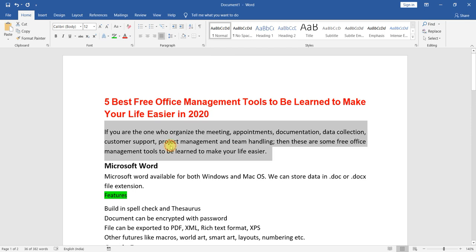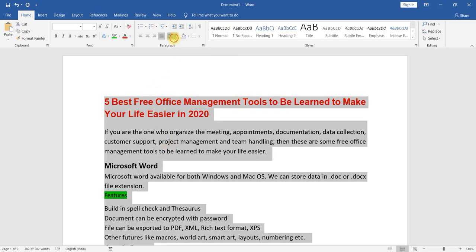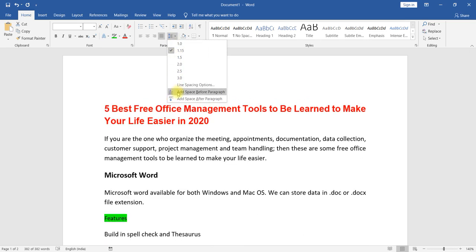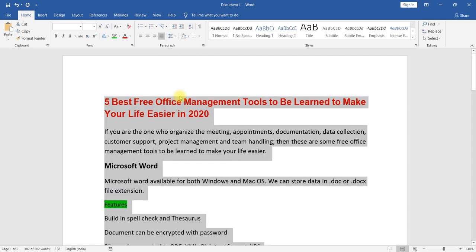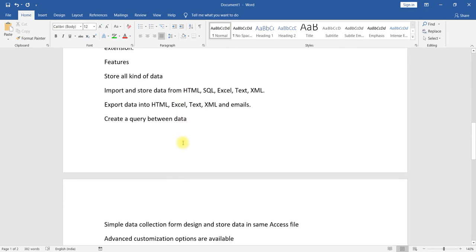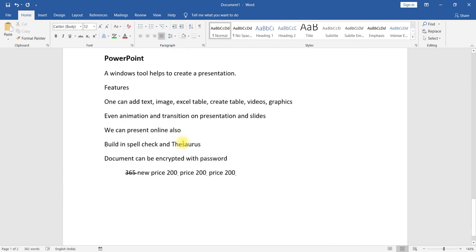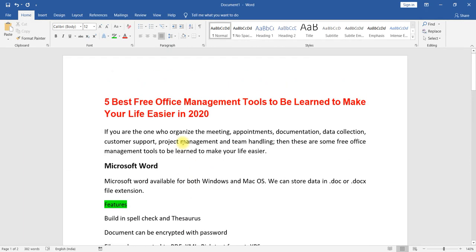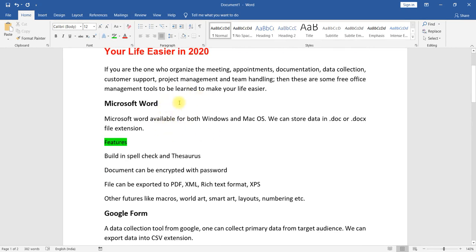To apply it to the entire document, again Control A, go here and choose 1.15. Either side you can add spacing. Now you can see it is a little bit better visibility compared to the previous one.